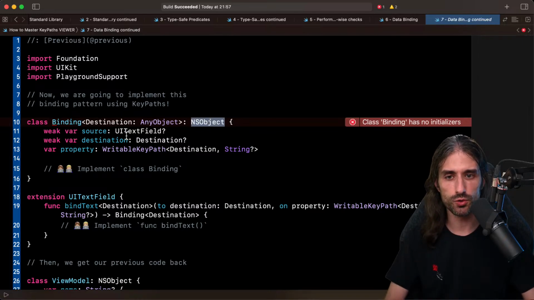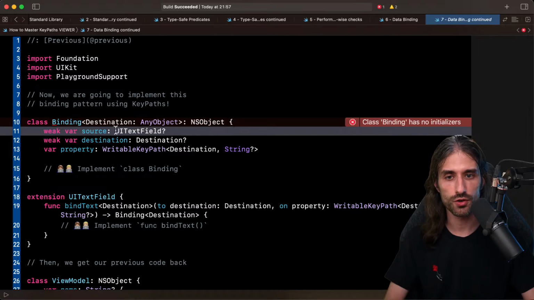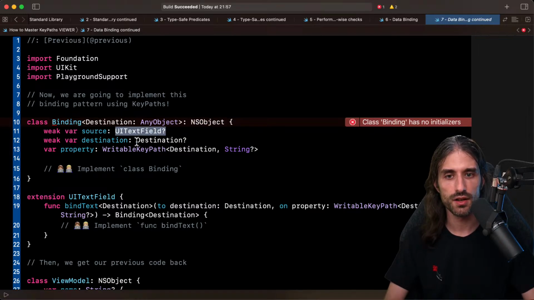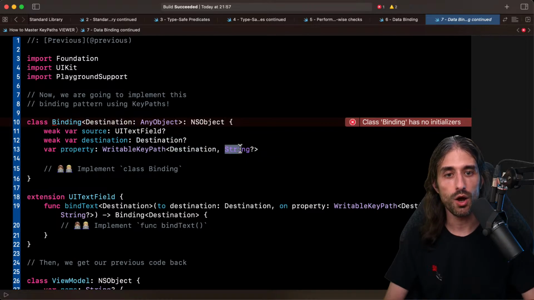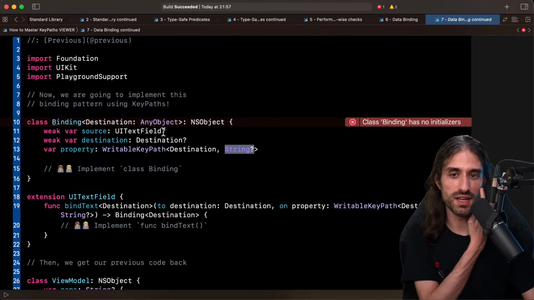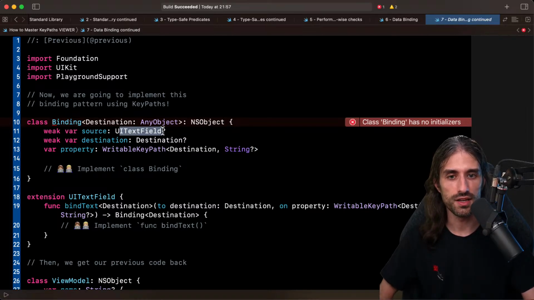So the binding I would like to create will have a source, which will be a UITextField, a destination, which will be any object, and then a property, which will be a writable key path on the destination of type optional String. In that case, it's been hard-coded for a text field. If you wanted to do it more generic, you could, but for this example, hard-coding text field makes it a little bit easier to write and to understand, and the general idea stays the same.